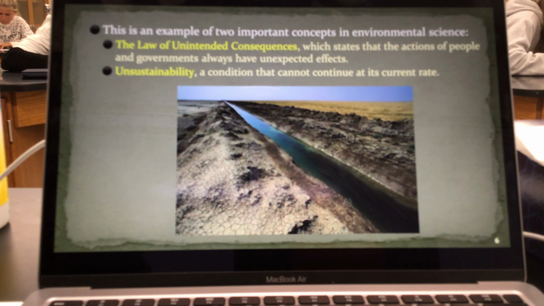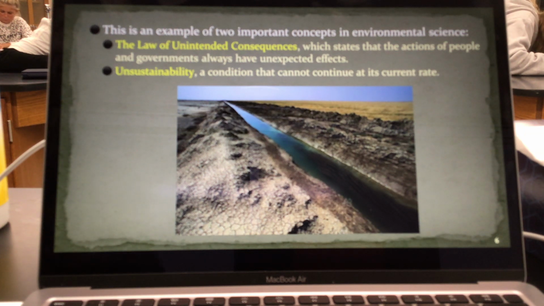So it's that whole concept of for every action there's an equal and opposite reaction, right? Talk about physics, there's going to be some sort of reaction to the action that we put into place. So that salt was not an intended consequence. They didn't know that was going to happen over a long period of time. They weren't prepared to deal with that. So that's why it failed after time, because that was an unintended consequence of using the irrigation to provide for the crops.